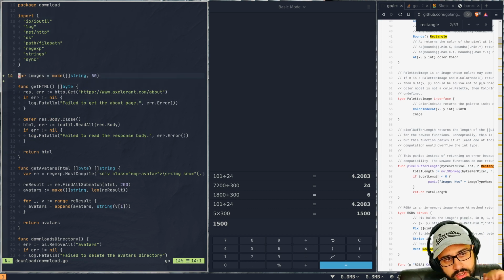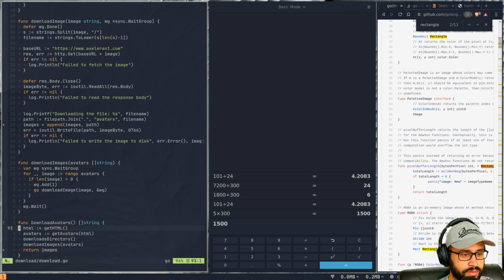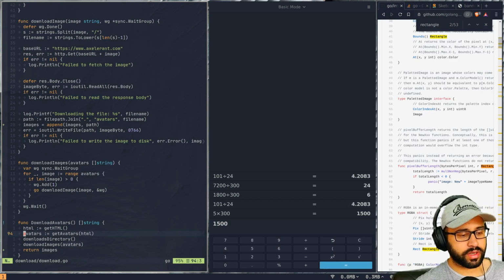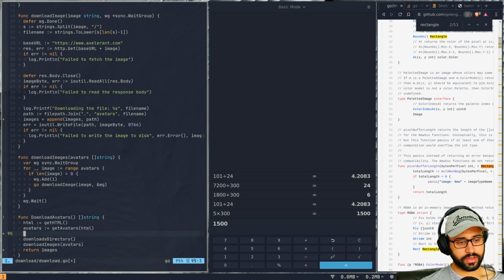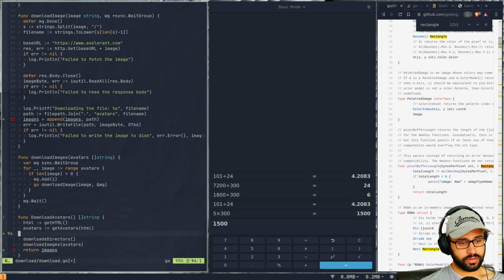So here we are creating an image with a 50 len initially, but what if we can get the avatars here? We can get it here, right? If we subtract 1 from it to remove that png file and then pass it to download images, I think it should be fine. So avatars we are getting. Let's pull this in here, paste it here, and the length would be,